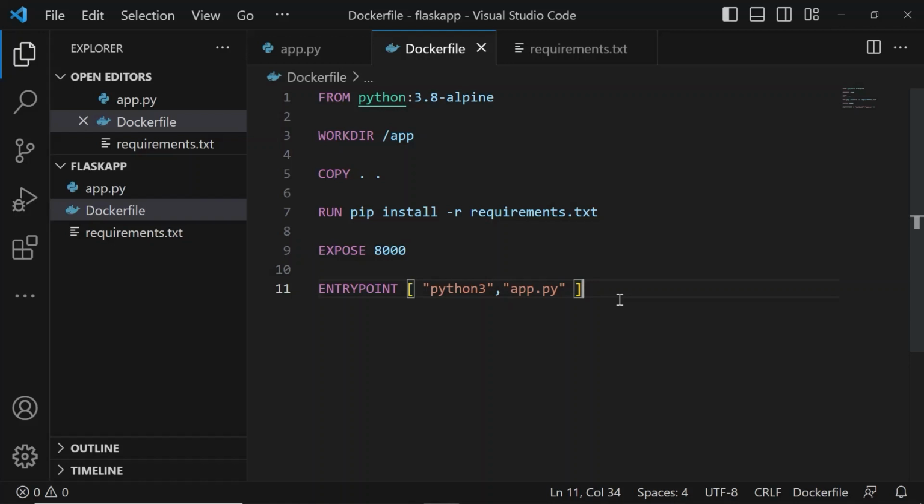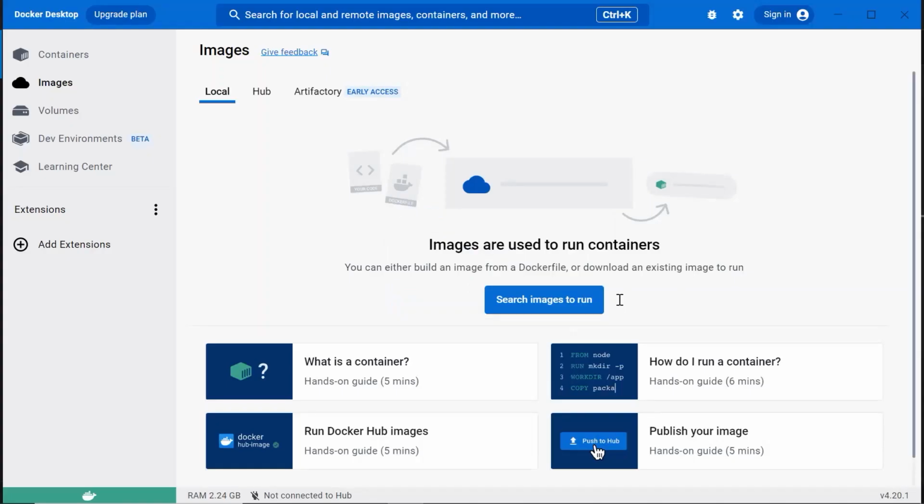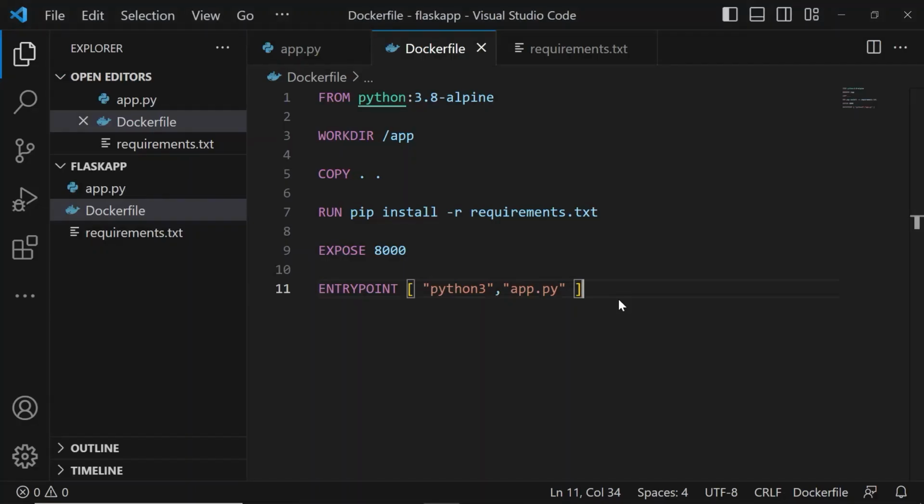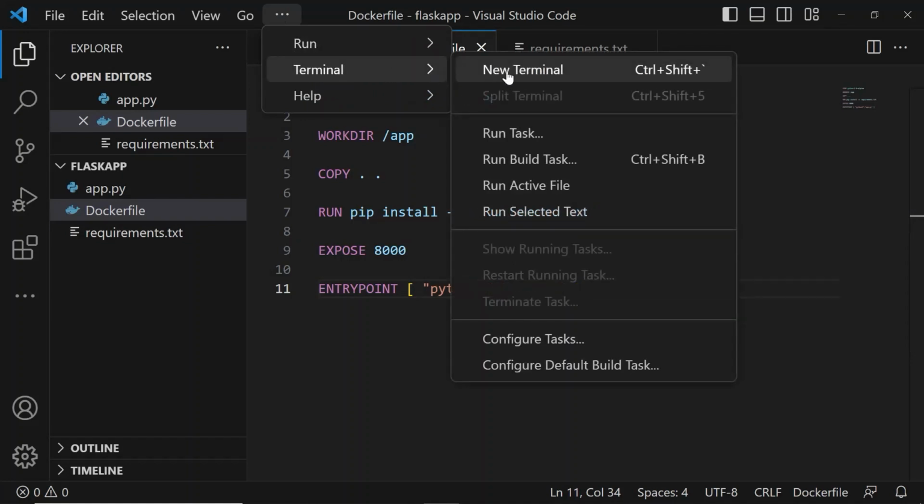Now we have created a Docker file for creating a Docker image. For creating a Docker image, we'll be using a few Docker commands. For that, make sure you have Docker Desktop installed on your Windows machine. In my case, Docker Desktop is installed and it is in running state. Once you install Docker Desktop and it is in running state, we can run Docker commands for creating the Docker image. For that, let me open the terminal here